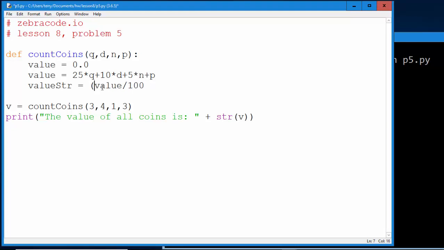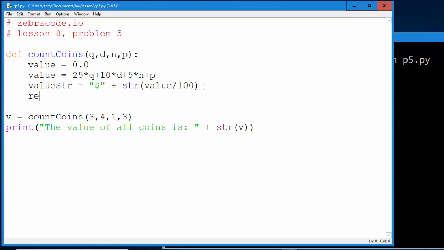That's going to be the value converted to a string, and I'm going to assign it the value of string of value divided by 100. So now we've taken this value, which in the prior case was 123, and we've converted it to a string, and we're going to add the $ sign and then concatenate that with the string value. So now instead of returning value, we can write this function to return value_str, value string, and it's going